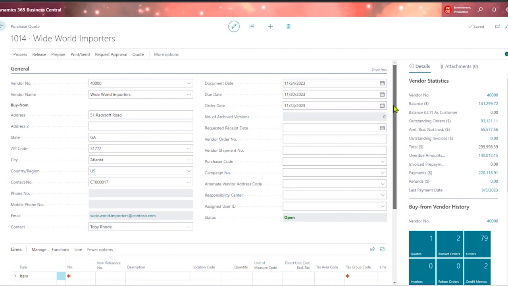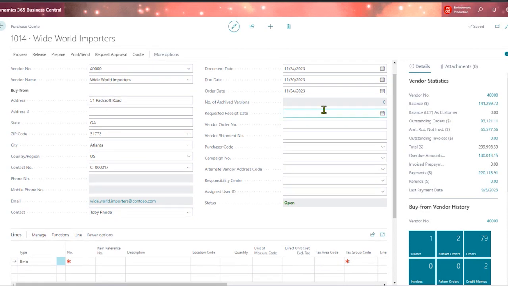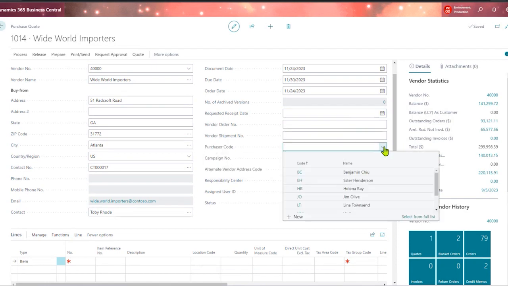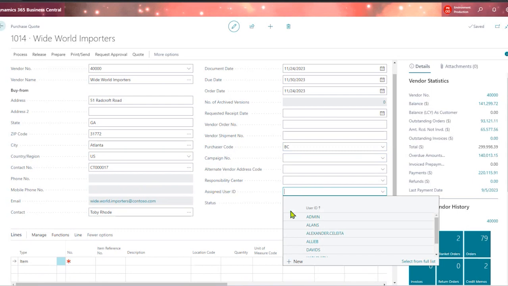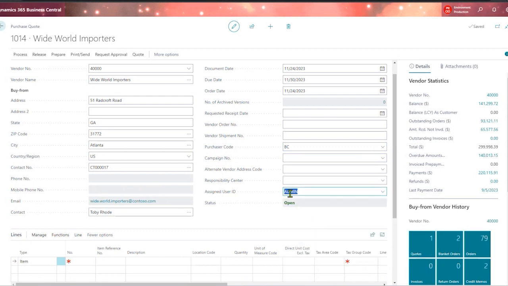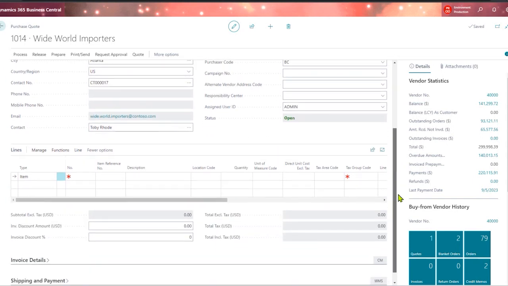So now let's start negotiating. With this very basic information, you're going to see other fields for later, like the vendor shipment when they do a delivery in the future, and the purchaser code, if you actually manage information for your team, who is the person responsible to negotiate this. Very important. Now, we can even assign a user, which will be me, an administrator anyway, just for me to see, I will be responsible or assigned user to complete